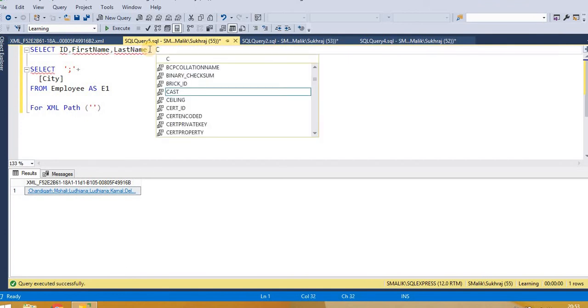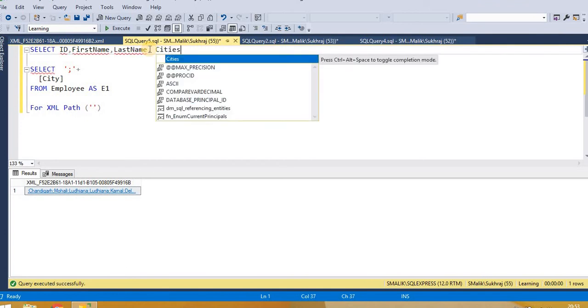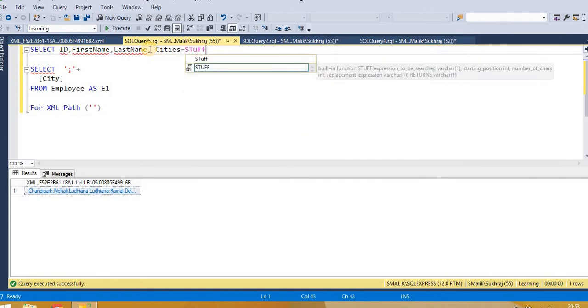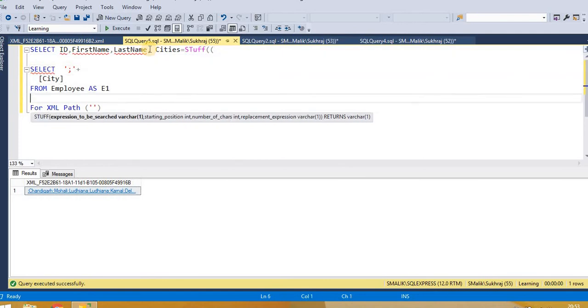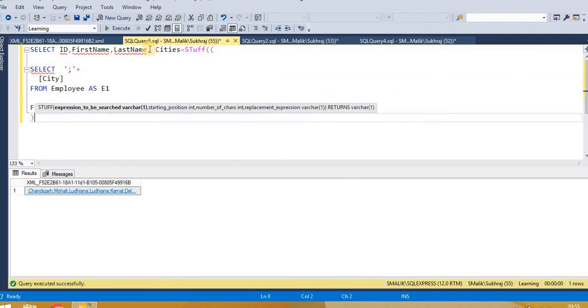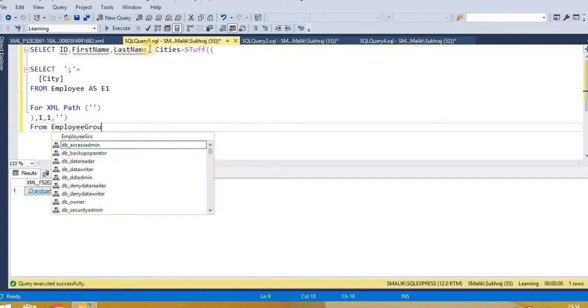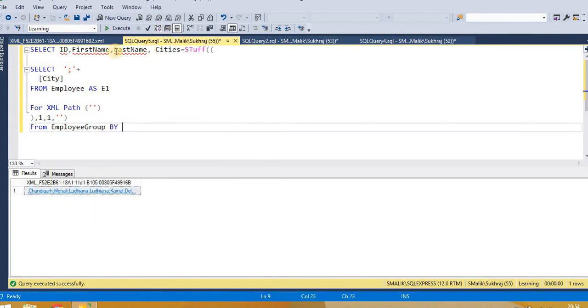And I want all these cities semicolon separated, then use the STUFF function here. I will explain everything.